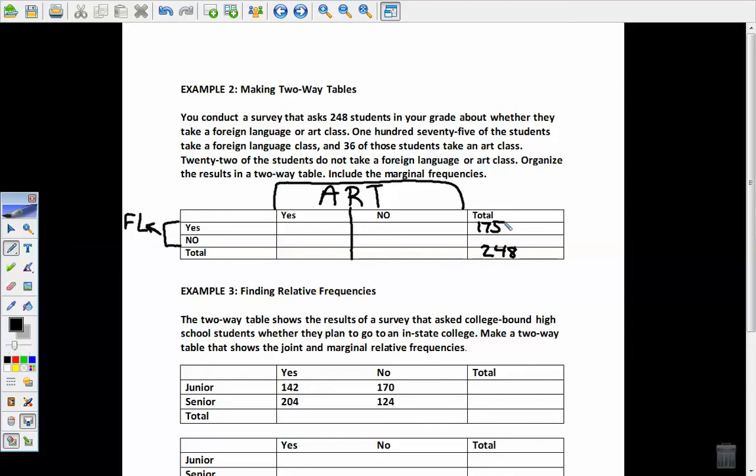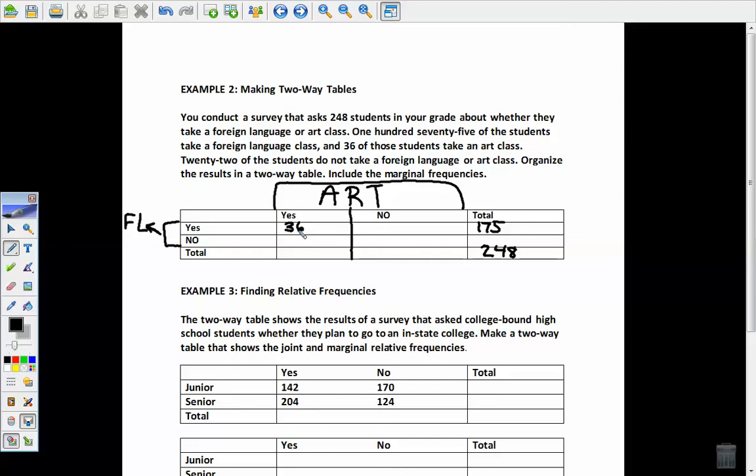Now, the question becomes this. If they're taking a foreign language, of those 175, how many did it say were taking an art class? 36. So what do you have to put here? 36. Okay. So if I read this row, forget the up and down for now, it says there's 175 kids that are yes to what? Taking foreign language. And they are also yes to what? Art. Does that make sense why that 36 is there? Yeah. Okay, then the next sentence says